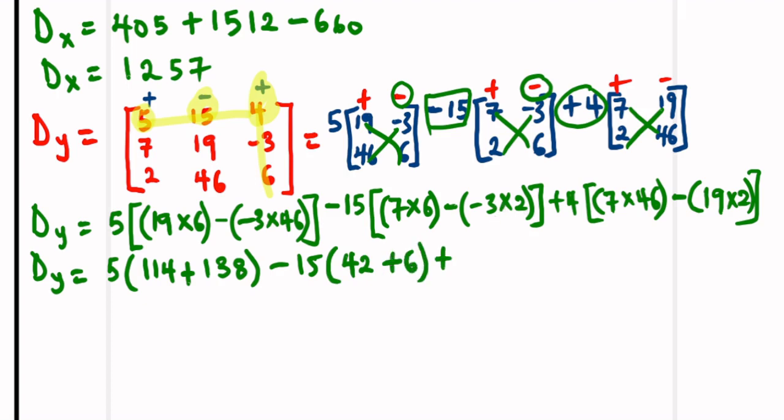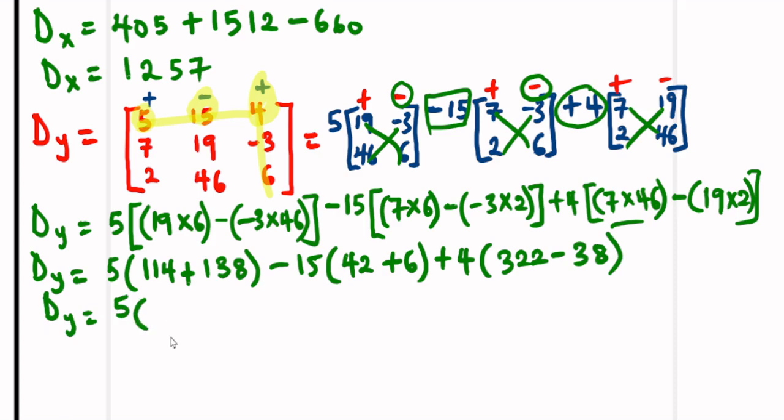We'll close this, then we'll have plus 4, we'll open the bracket. 7 times 46 gives us 322, and then we'll have minus 19 times 2 is 38. We'll close this, then working on this, we'll have 5 in a bracket. 114 plus 138 is going to give us 252. So now that we'll have 252, we'll close this, we'll have minus 15 in a bracket. 42 plus 6 is giving us 48. Now we'll have plus 4, and then 322 minus 38 will give us